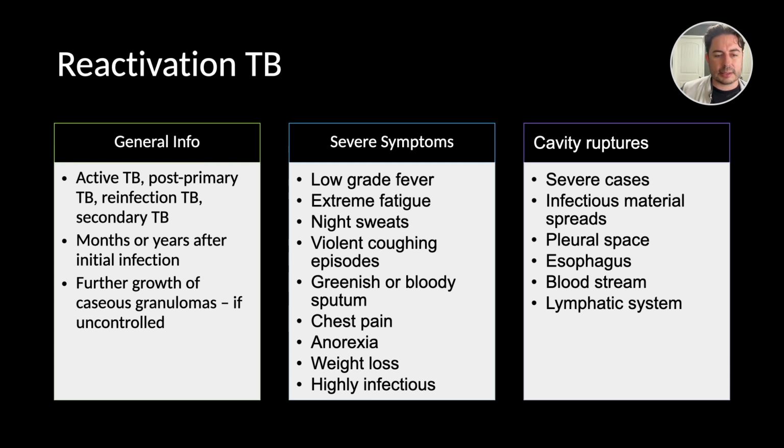And when we look at some of the symptoms that are associated with TB or this reactivation TB, some of the major symptoms with severe TB, we can have a low-grade fever. Patients can present extremely fatigued, night sweats. Go ahead and circle, highlight, underscore, star night sweats. Violent coughing episodes. This is most likely going to be bloody sputum. Go ahead and circle that, highlight that, underline bloody sputum. This is going to be bright red blood, frank red blood